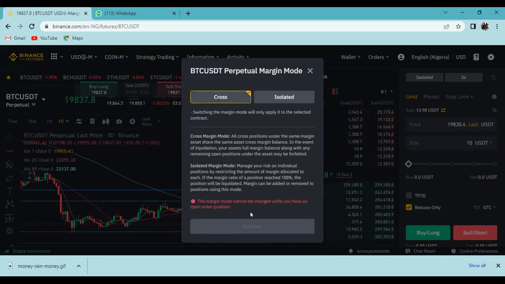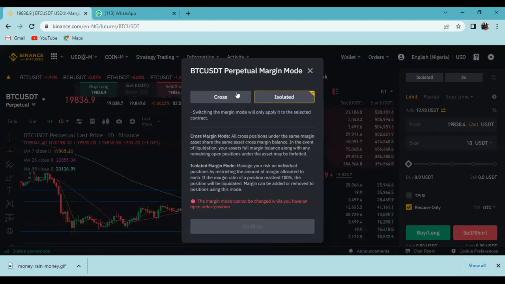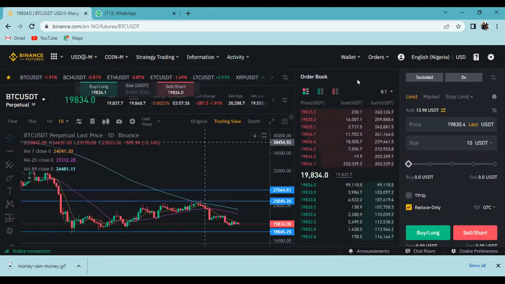I can't switch to cross again. Let me select it again. Cross. It's not. Oh, yes, because I'm in a trade actually. That's what I was saying, that maybe I should cancel the trade. Yeah, let me cancel the trade.